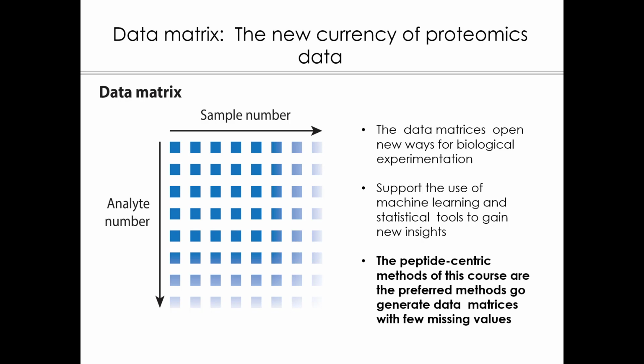And we would like to measure how the system reacts. For that we need a number of samples. And we would like to observe a number of proteins, ideally all of them, but we can't. But we would like to do this very reproducibly, so that the matrix basically has very few, if any, missing values. And the values here, so for instance, that protein measured in that sample, should be an accurate quantitative value, and we'll come back to that also on Friday, why accurate quantification and reproducibility is so important for this